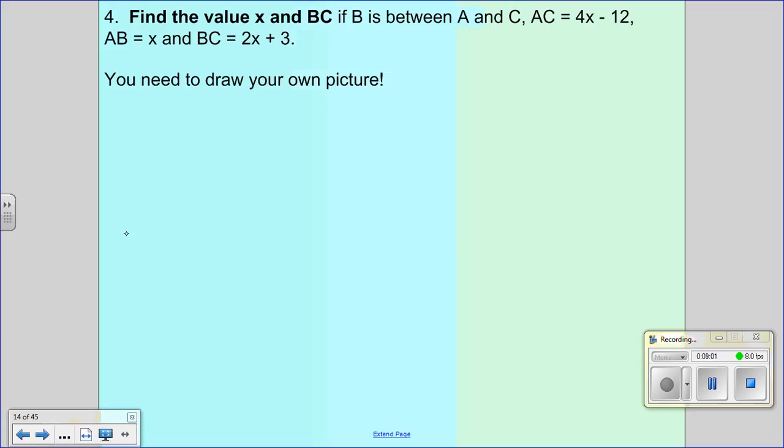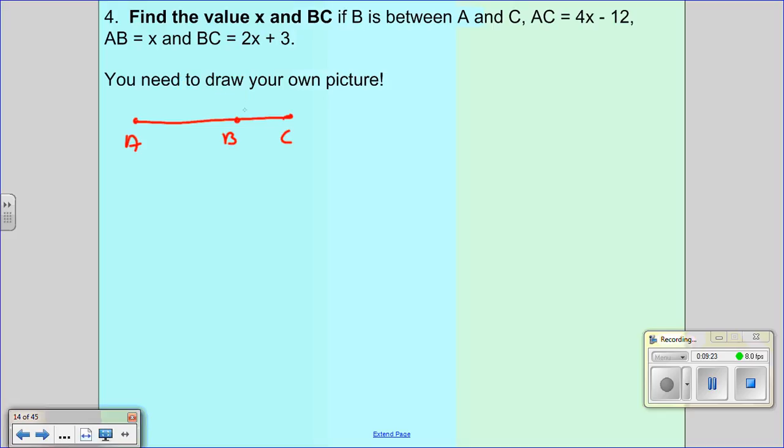Number 4 doesn't have a picture for us, so we're going to draw it first. So draw our line segments. It says B is between A and C, so it's going in alphabetical order, A, B, C. And then label the picture